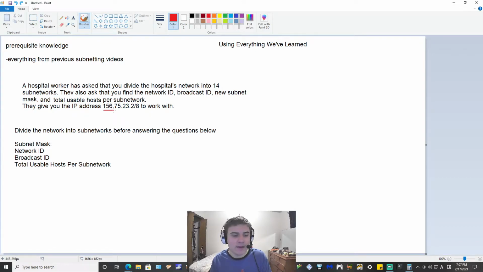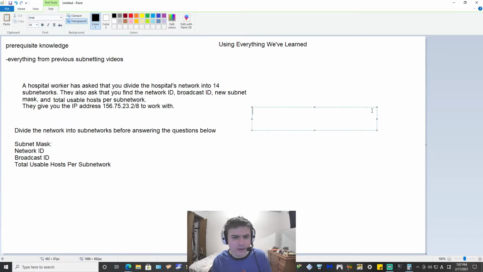And we see that here, because even though this is a class B network, because it's between 128 and 191 at 156 in the first octet, if you look over here to the CIDR notation, it's subnetted as a class A network. And since it has that /8, we know that the subnet mask